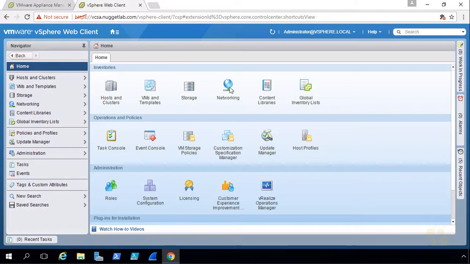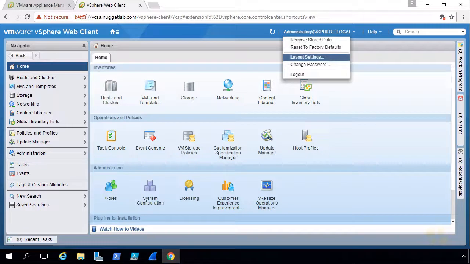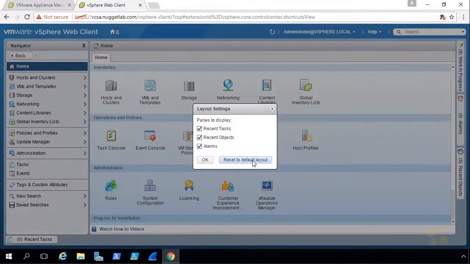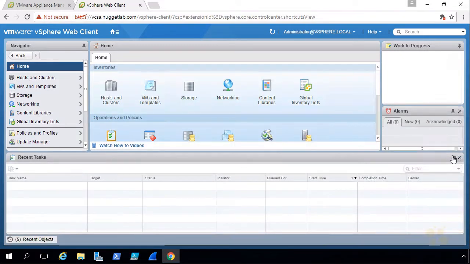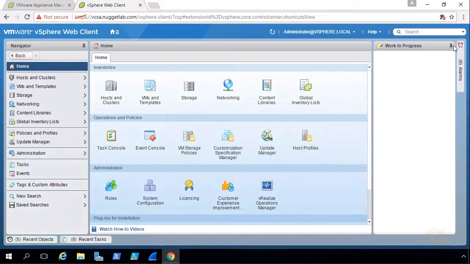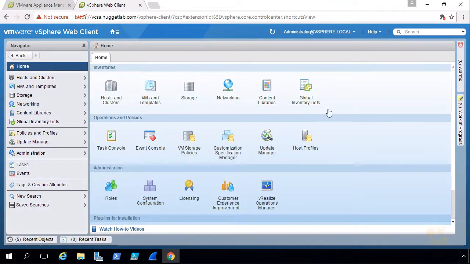And if we want to change the interface back to the way it was originally before we started making changes, we can also go up to administrator at vSphere.local, click on the down arrow, and then from the drop down we can click on layout settings. And if we click on reset to factory layout, and let's go ahead and do that, that'll put everything back to the way it was originally when we first logged on to the vCenter server. So then if we wanted to minimize these, we could use the push pins once again and minimize the ones we don't want to see, which again will give us the most real estate possible when working with the vSphere